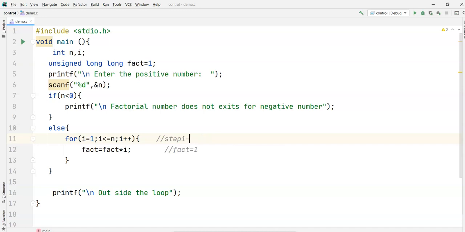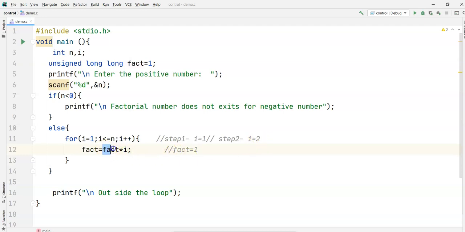Again step 2, I becomes 2. Fact is how much? Till now 1. I is how much? 2.